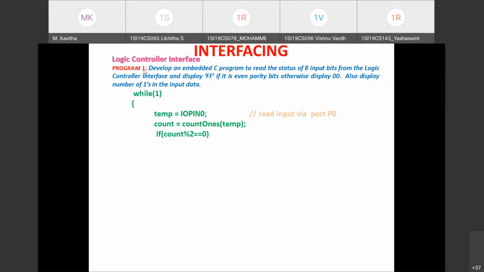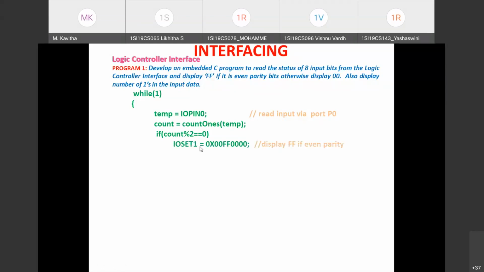After this condition is tested, if it results in 0, we can infer that it is even parity. I need to write to the IO set register. For whichever pin needs to be set to logic 1, I need to write 1 at that bit position. If it is a 0 in the IO set register, the pin is unaffected. There is no effect if you write 0 to the IO set register.